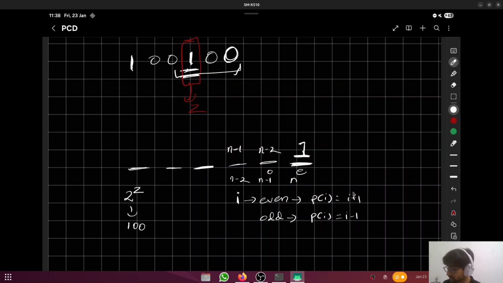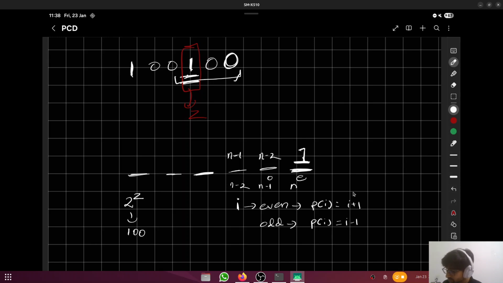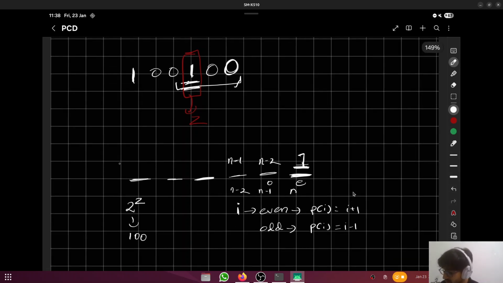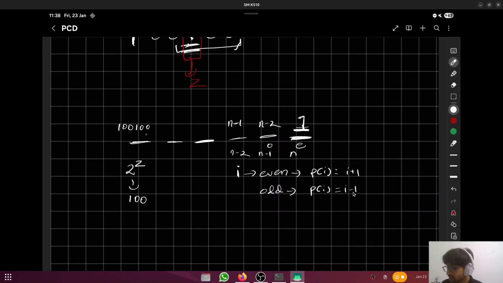This is 2 per z. So at index 2 per z, I am planning to keep the element n itself